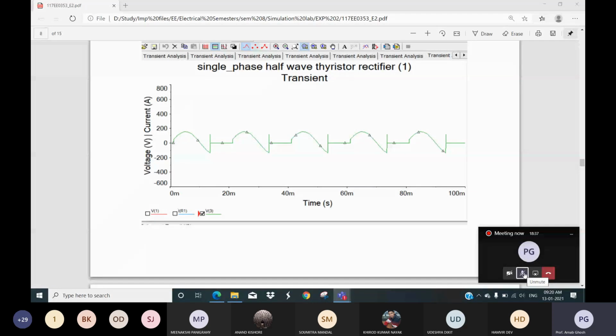The discussion portion you didn't mention. After completion of the simulation for individual sections, for R load, RL load and RLE load, after completion of the R load section, you have to discuss the study, what you have observed here. That's why the heading is given: simulations means results and discussions. So the discussion portion is not there. That is important. Scroll it down.